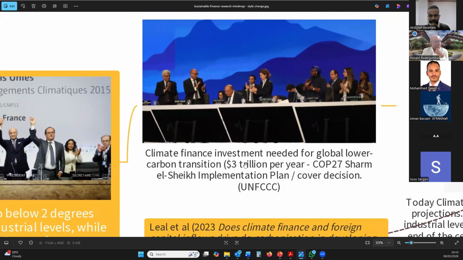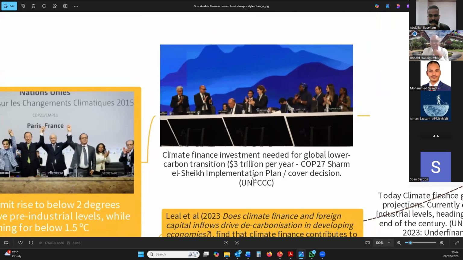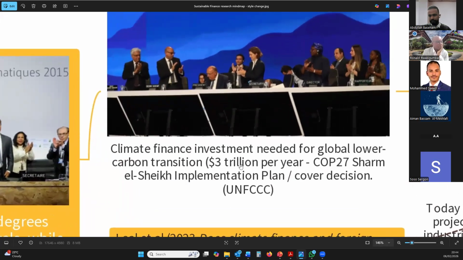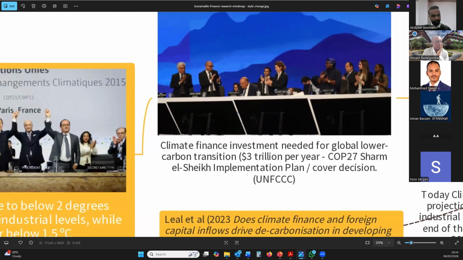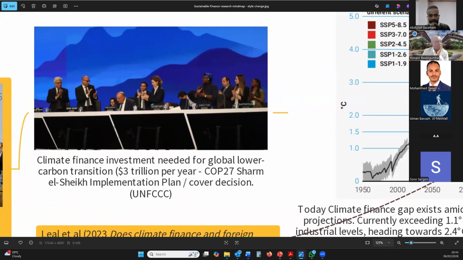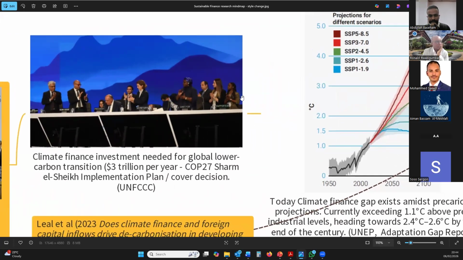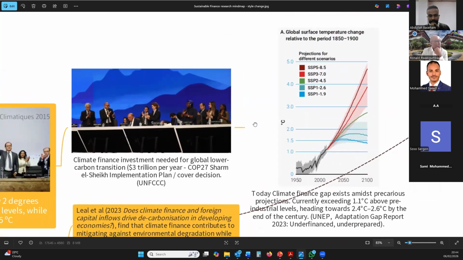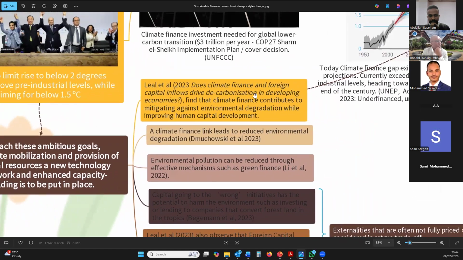Now, if this is the money, for me as a researcher, one idea is that you can take this topic and look at it critically and ask, what evidence is there that 3 trillion will result in this? What's the connection between this picture and this picture? Who is there to prove that this 3 trillion will cause the graph to collapse? Maybe there will be 5 trillion and we'll still be in this situation. So that's one angle you can bring up. And if you bring that angle, then you need to produce evidence.